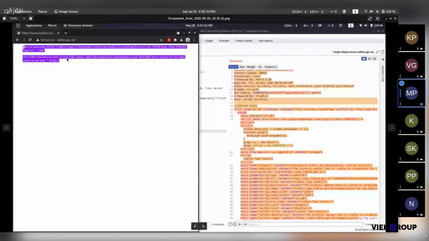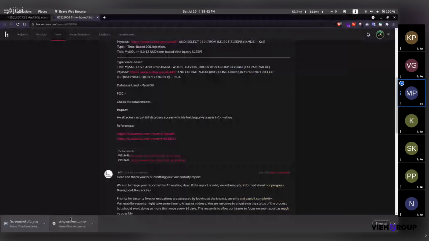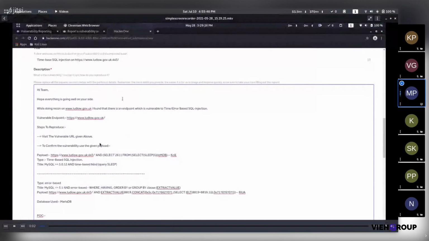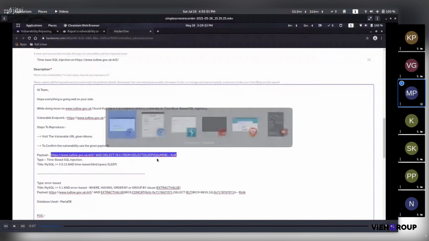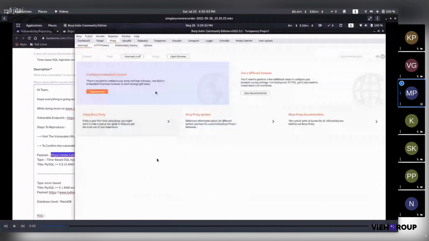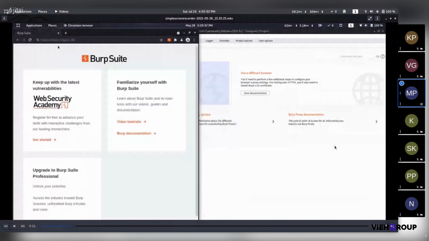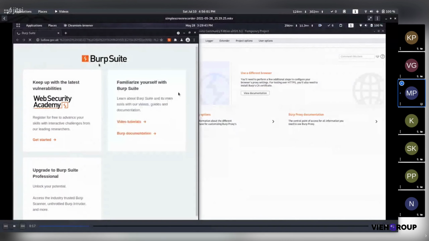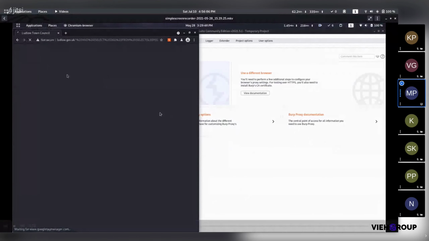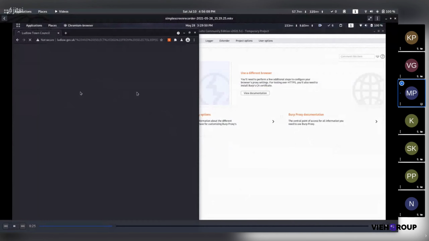It was giving an error like MariaDB server version for the right syntax to use near line 1. So it was a clear case of SQL injection, and I exploited it further, and it was a time-based SQL injection using a sleep payload. So this is the POC video. So check this. It will delay with 5 seconds, and then the website will be presented.